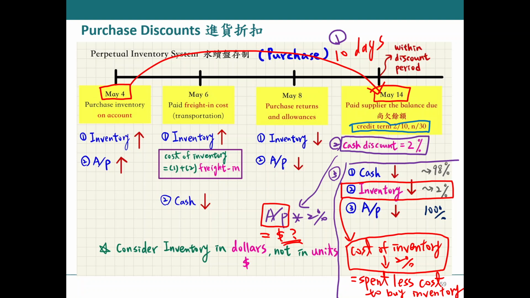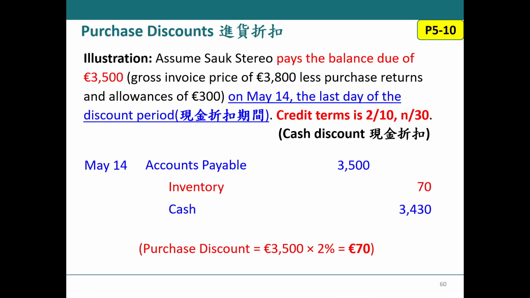And make sure after you are done with everything, in accounting, how do we double check it? Total debit equals total credit, okay? Sometimes you get confused, right? So to make sure, double check it: total debit equals total credit, okay? So based on this, accounts payable decreased